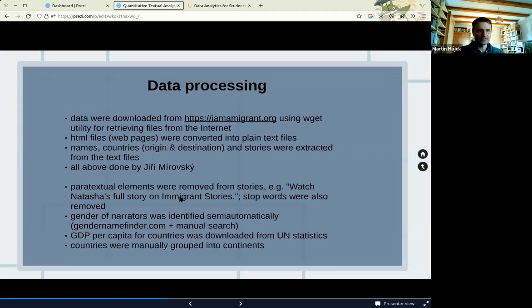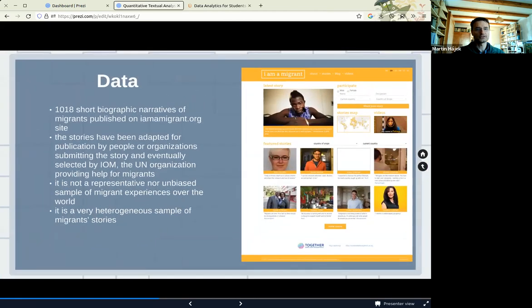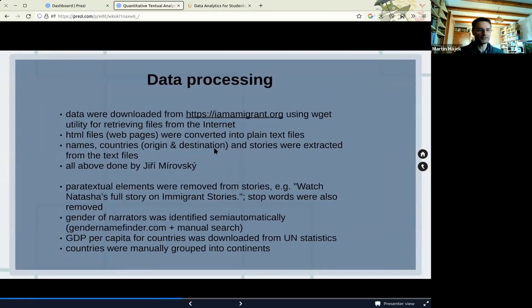Of course, if I could download pictures and recognize them automatically as male or female, I could do it somehow, but I didn't have anything of this kind available. Therefore, I needed to identify gender through names, and I used the web page Gender Name Finder. I entered the list of names and I got gender, but the problem with this gender name finder is